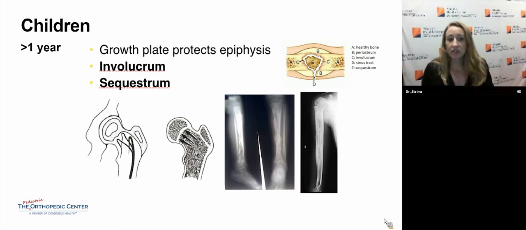They can develop what's called an involucrum and a sequestrum. So on the schematic on the right here, something involutes, the body starts to wall off this area of infection, and the sequestrum is that nidus that's in the middle there. And in the drawings on the bottom, you can see a caricature of the blood vessels that hit the physis and kind of come back. So that's preventing that blood flow all the way into the joint. And on the right, I have some more pictures of just that severe bony involvement with osteomyelitis.